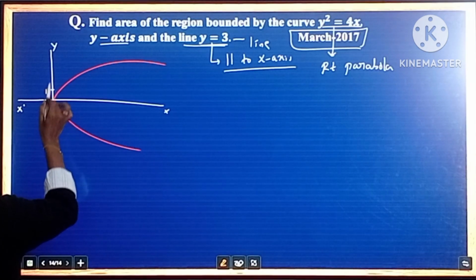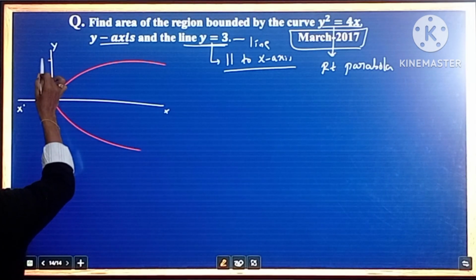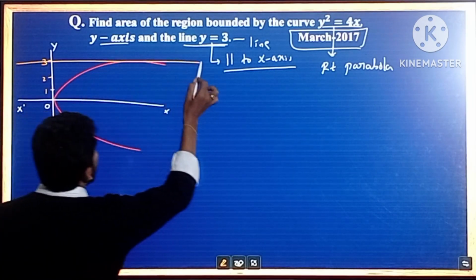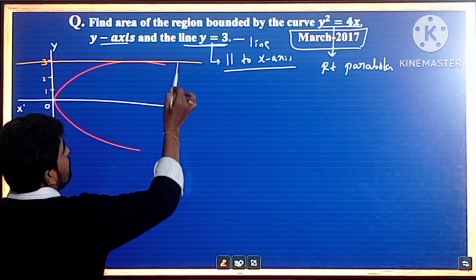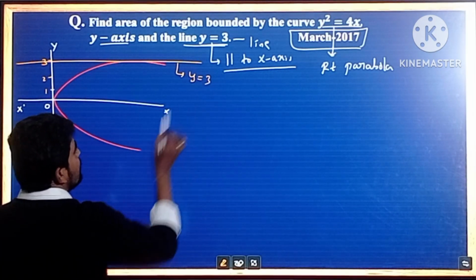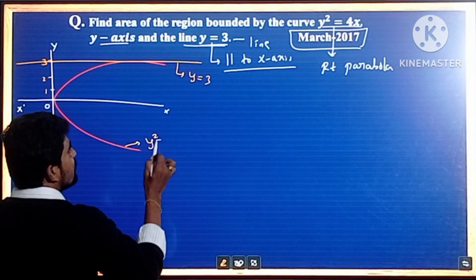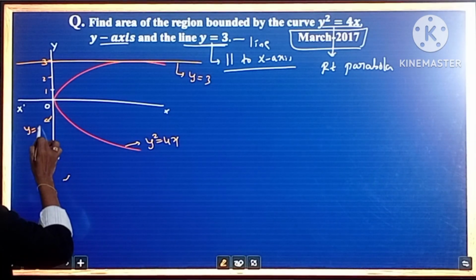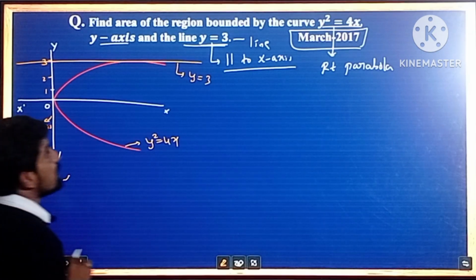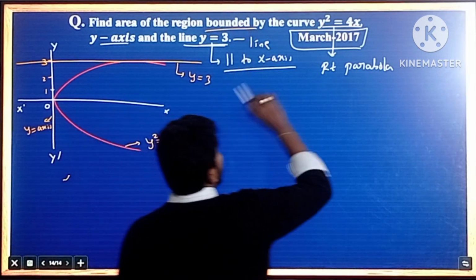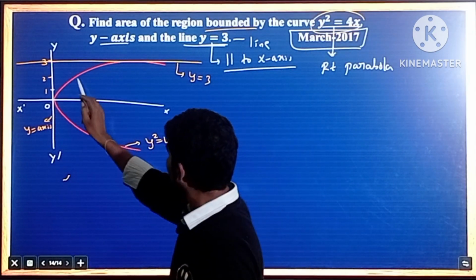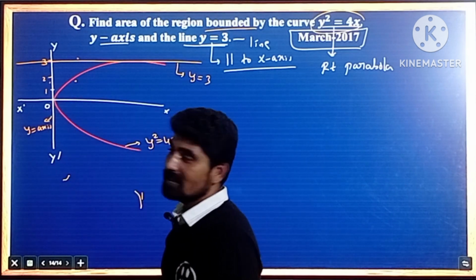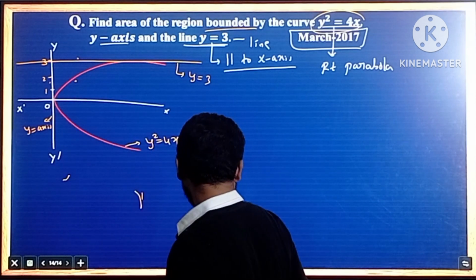Let's say this is 1, 2 and this is 3. So this line is y equal to 3, this one is y square equals to 4x, and this is the y axis. So here we need the area bounded by y square equals to 4x, y equal to 3 and the y axis. Therefore the required area is